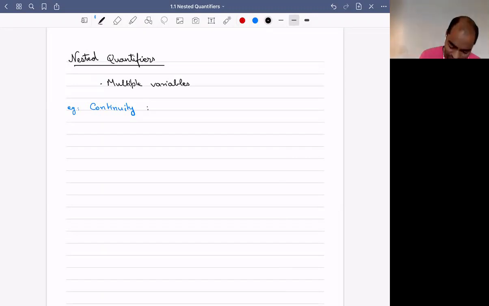We need lots of variables. So we have x, y, epsilon, delta. These are all reals, so their domain is real numbers. And we have a function f from real numbers to real numbers. Then we say f is continuous